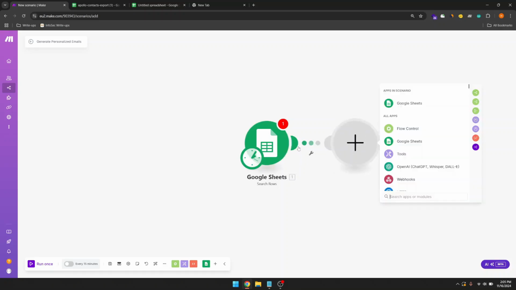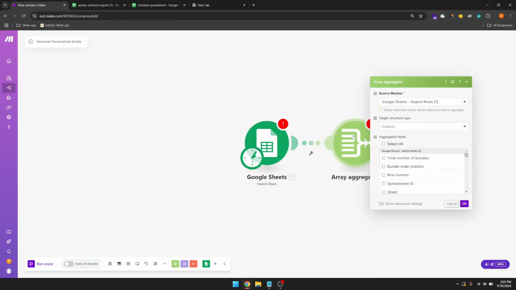Okay, so here in the flow control, you will see the array aggregator. This will get all of the data, so like multiple data. Here I will say total number of bundles and bundle order position. And now here I will select all the first names, all the last names, company. We will study all of this information. Okay, email